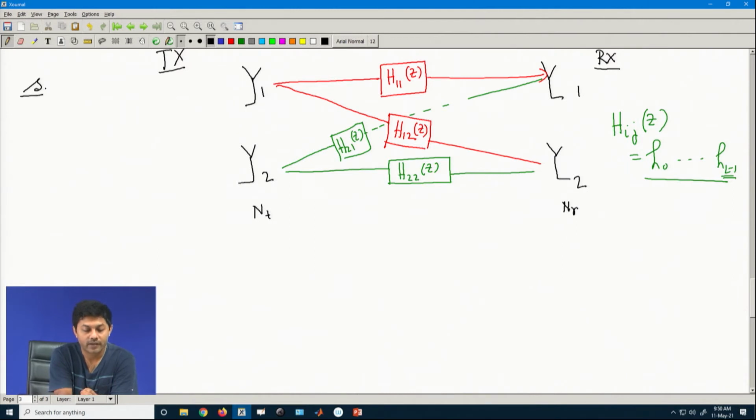Now, instead of S vector I call it S1 vector, because it is a total n length vector. So, this will be an n cross 1 length vector. This individually I will send through an IFFT, then there is a CP addition, and then I will send it to the antenna.